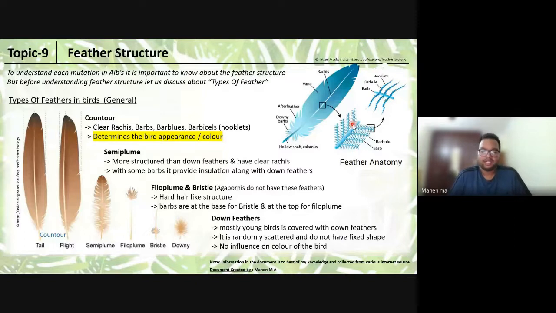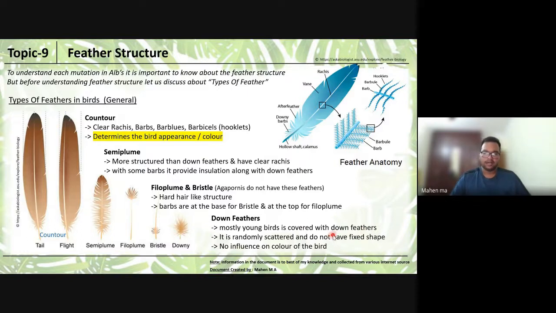Okay, you take any feather, this would be the basic structure of the feather. And coming to the classification of the feathers, in general, not specific to African lovebirds, birds have these five types of feathers. Okay, so one is the down feathers. These down feathers are mainly on the young birds. You might have seen when the bird hatches, you can see some kind of feathers which do not have any structure. It will either be gray or white based on some kind of mutation. The colors may vary